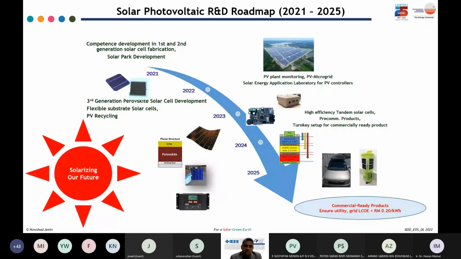For the next five years, this is what we are going to do in our solar energy research unit. In fact, our main motto is solarizing our future, as you can see on the left-hand side. We have been developing our competence in different kinds of solar cells, solar cell materials, as well as devices. We are also taking care of PV plant monitoring, like large-scale solar farms, their failure mechanisms, as well as prediction modeling of their output. And we are developing controllers and different kinds of appliances,